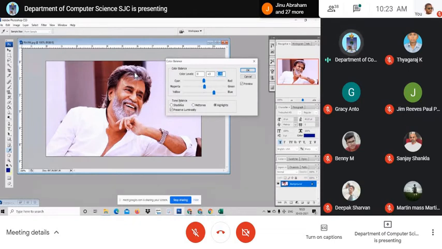When you increase the shadows, it will be darker. It will be too dark. So you can adjust cyan, magenta, and color balance. You can increase or decrease the colors in the face, or you can also do it in a selected area.